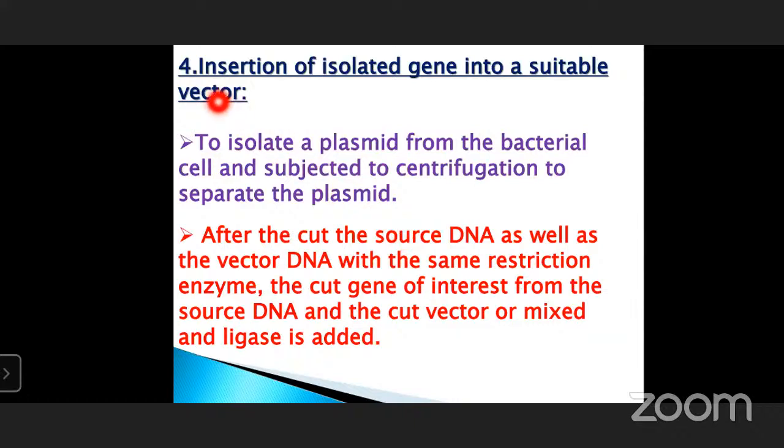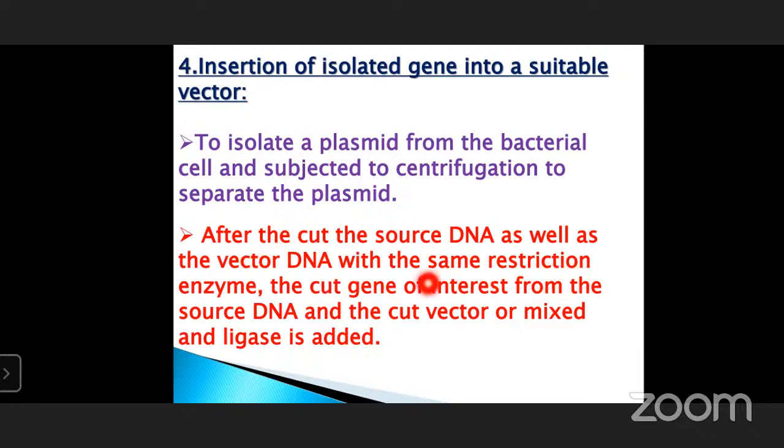So next, coming to the fourth step, insertion of the isolated gene into a suitable vector. To isolate a plasmid, the bacterial cell is subjected to centrifugation to separate the plasmid. Plasmids are present inside the bacterial cell, so that isolated desirable genes are inserted into a vector. These plasmids are used as vectors. The plasmid is cut